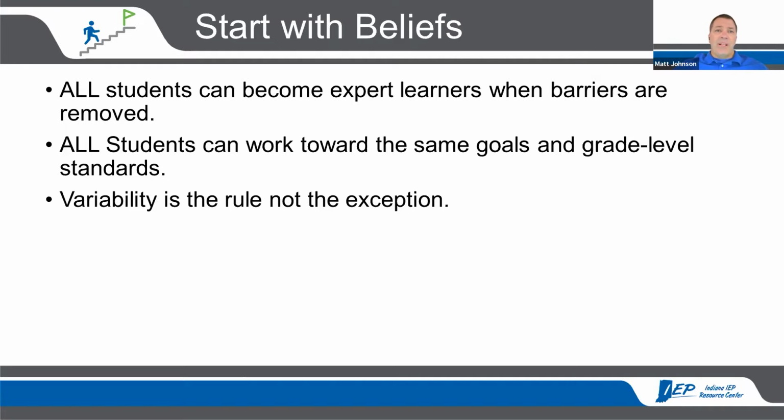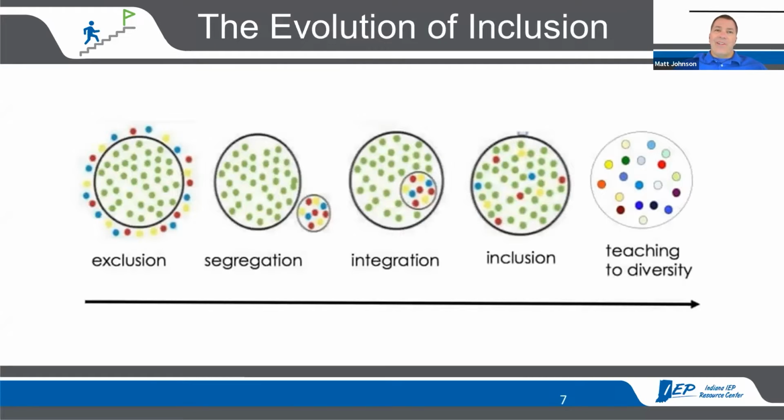And I think one thing we need to remember in all cases is variability is the rule, not the exception. Every student's different. Every student learns differently. So we have to consider that special education students are just a different part of the spectrum, not necessarily the exception for this process. So as we're moving on through there, we can talk a little more about this.